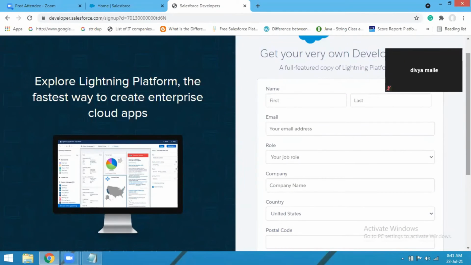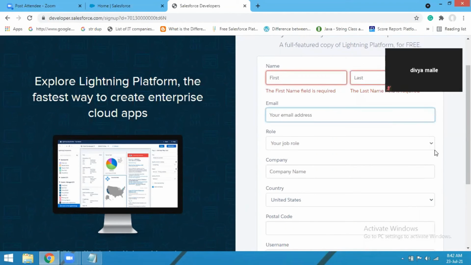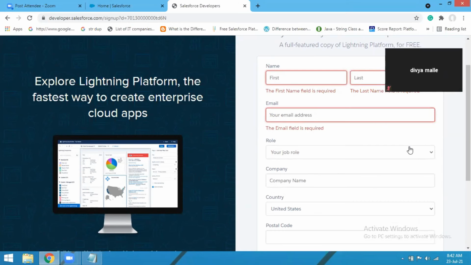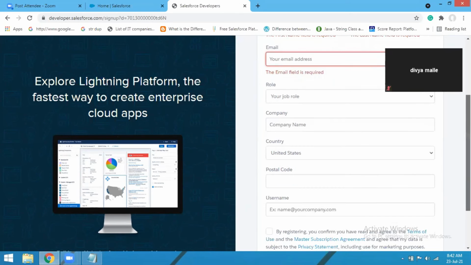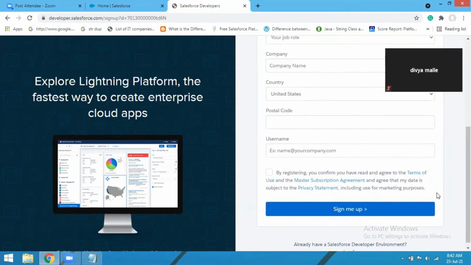But being a developer, there is some free version, so that you get familiar with the Salesforce, you get your hands dirty with the Salesforce. And we are having a look like how can you get your hands dirty, what's the free version. So this is the process. Go on developers.salesforce.com, hit the sign up button, and here you will get a form. So you should fill this form, enter your first name, last name, enter valid email address, job role, you can give any job role, company name, you can give any company name, give country, postal code, and remember the username that you will give. And then finally hit the sign up button.